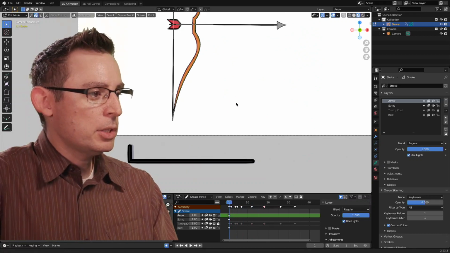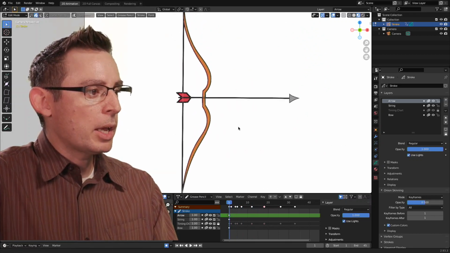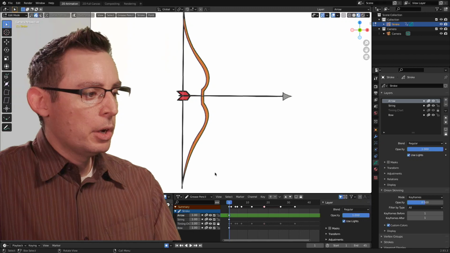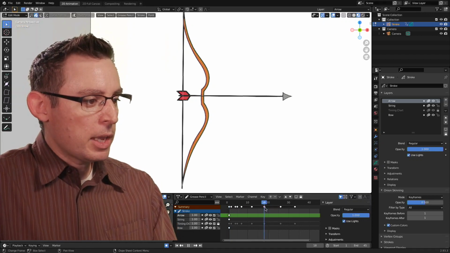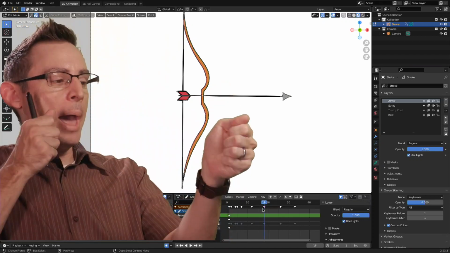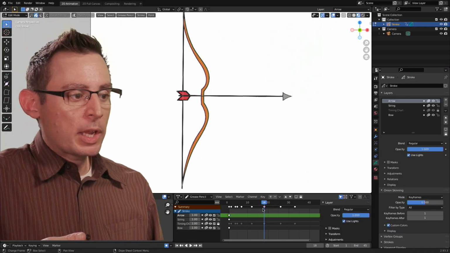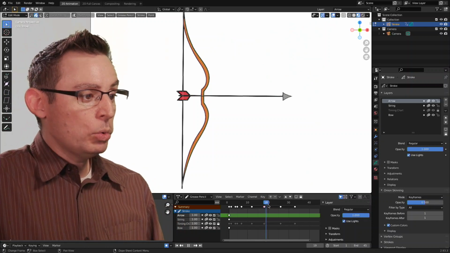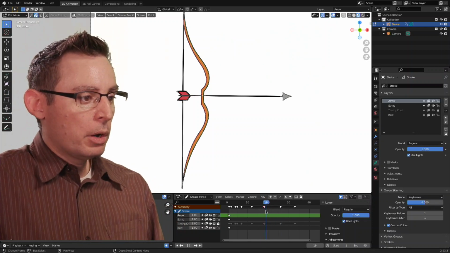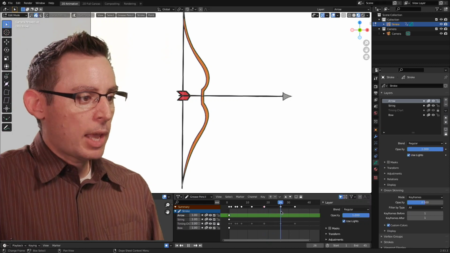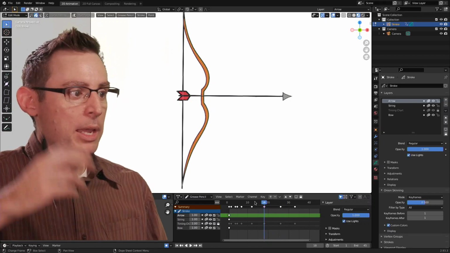Stop my animation, and let's start looking at what we're going to produce here for this animation. I know that the extreme pose, the back pose, is going to be right on frame 18, and then we're going to be holding that drawing for, what is that, 6 frames? Yeah, for 6 frames. So let's go ahead and make that pose.